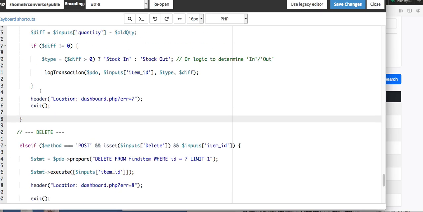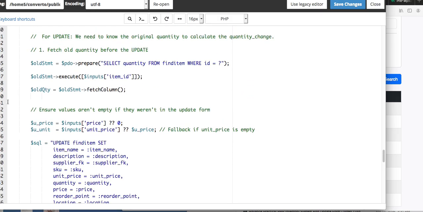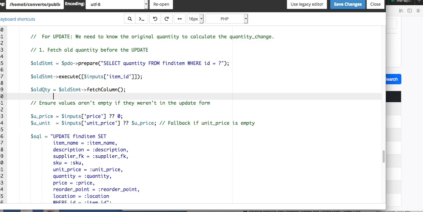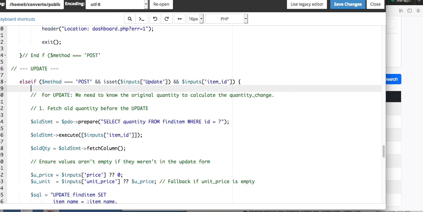The reason why I put a lot of space into these things is because I want to be able to read it. Because I'd be like, what did I do here? You know what I mean? That kind of thing. And I need more comments. I know I do, but